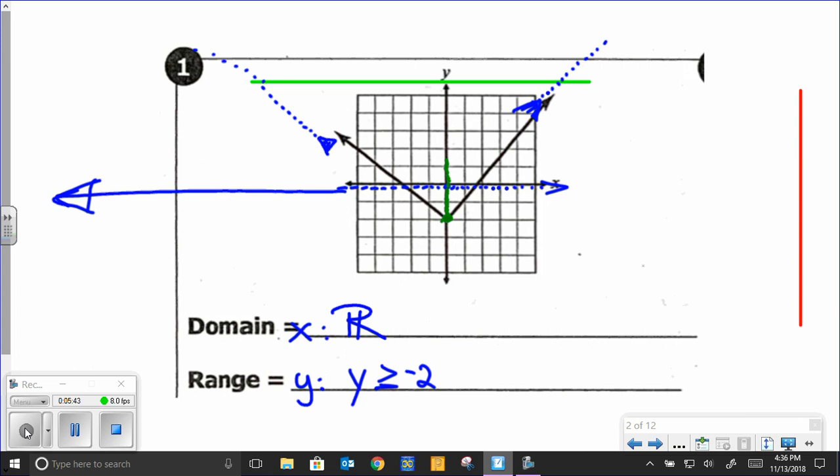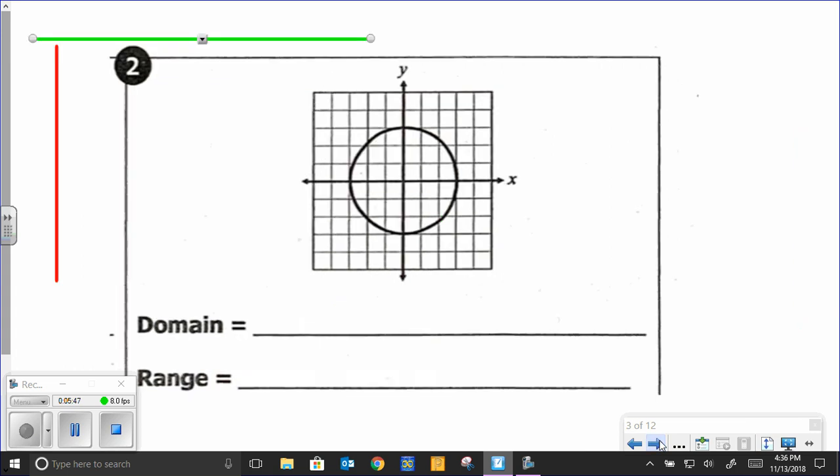All right, let's look at the next one. We have a circle here with this one. Now we do have, in both cases, for x and y, a starting point and an ending point. So let's start with our x values again. If I'm looking at my x values going horizontally, left to right, if this is all my x values right here, going along there,